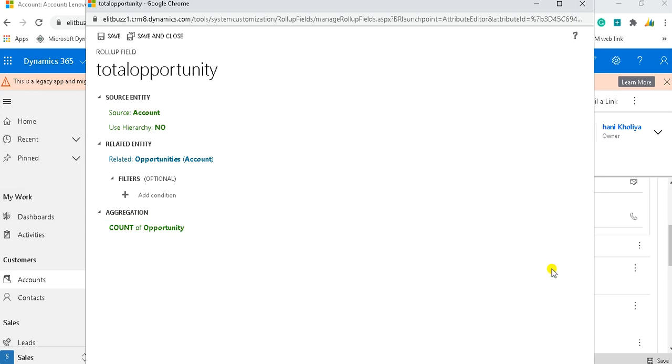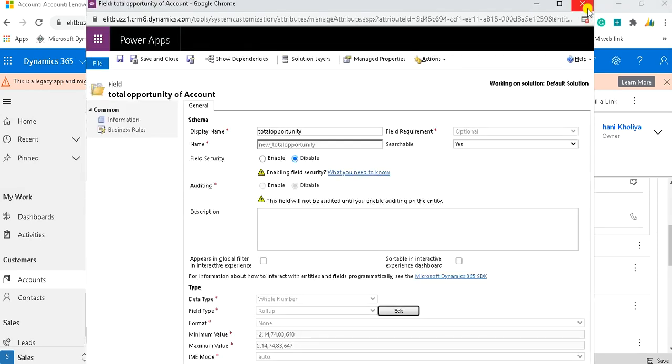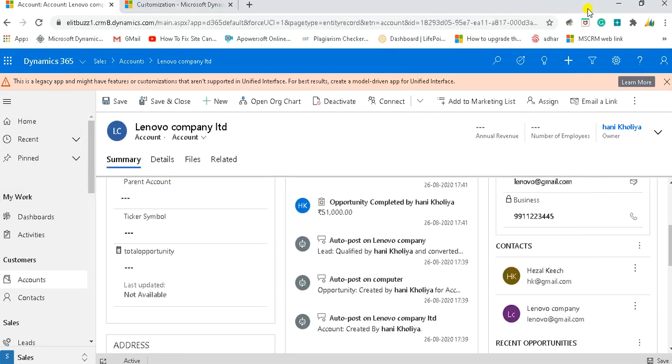So in this way you can add this field inside your CRM form, and accordingly you can perform the action which you want over that form. So these are all about field data types and field types. So let's continue with views. Views is also an important component of an entity.